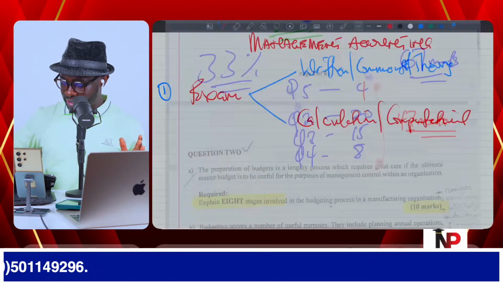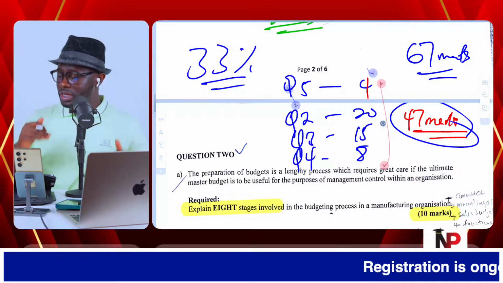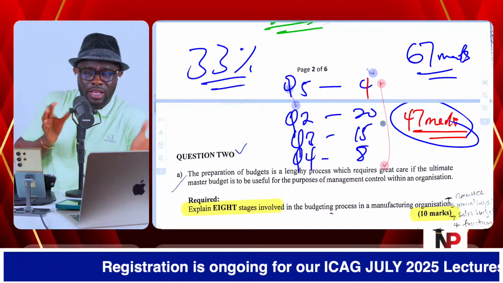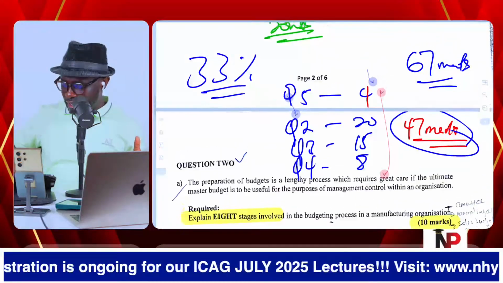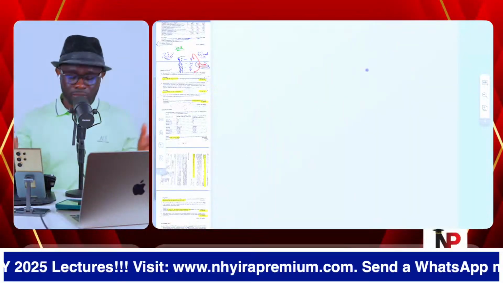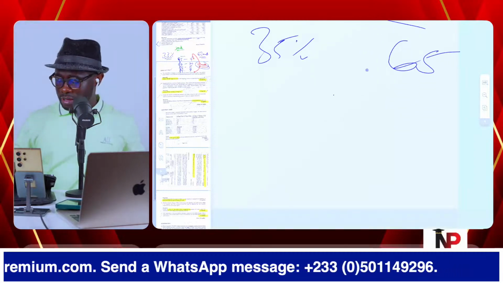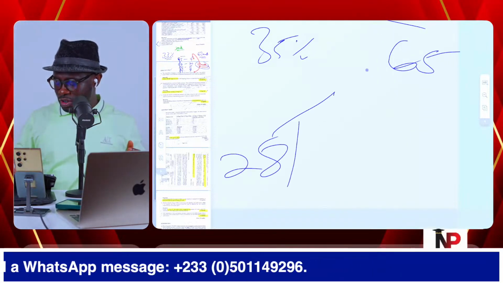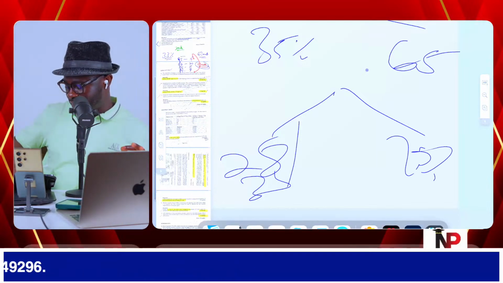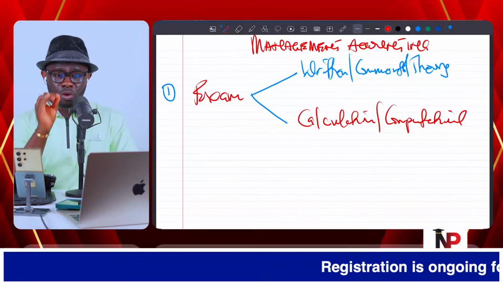So last semester, minimum 47. If I should add question 1 to it, then it will make it 67. And that is how the examiner is going to be dancing. It depends on the examiner's option or what he wants to do. Sometimes we may have 35, 65. Sometimes you may have 28 or 30, 70. But what you must understand is that in every management accounting examination, we're going to be having theory.